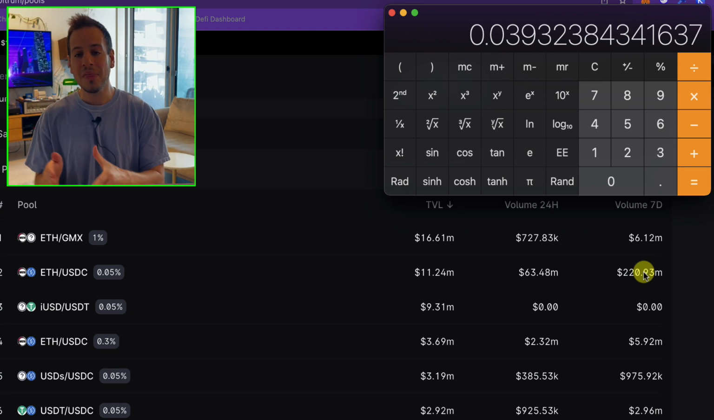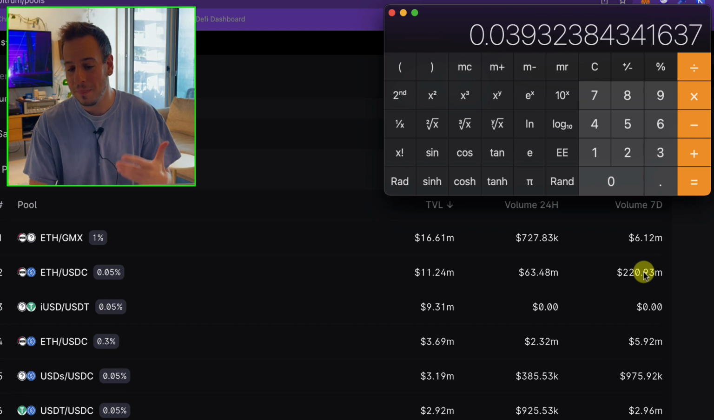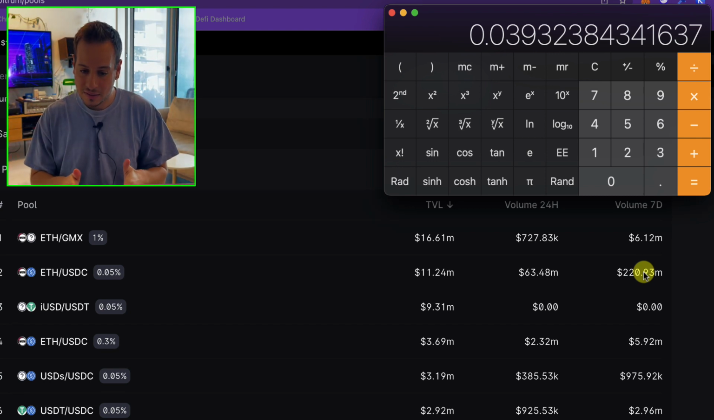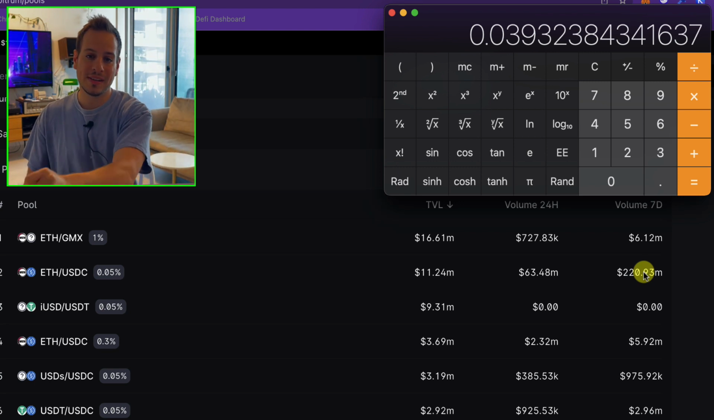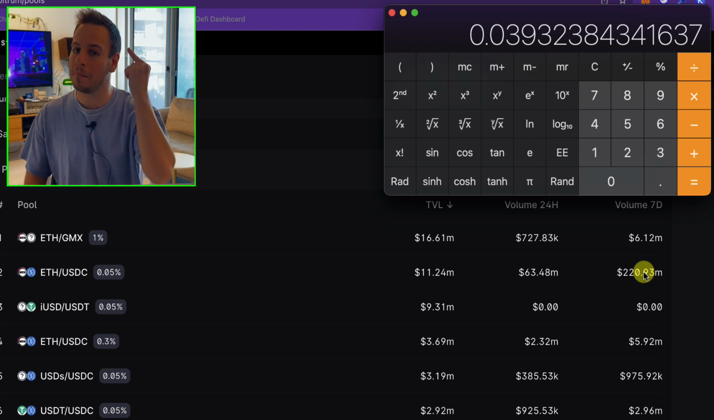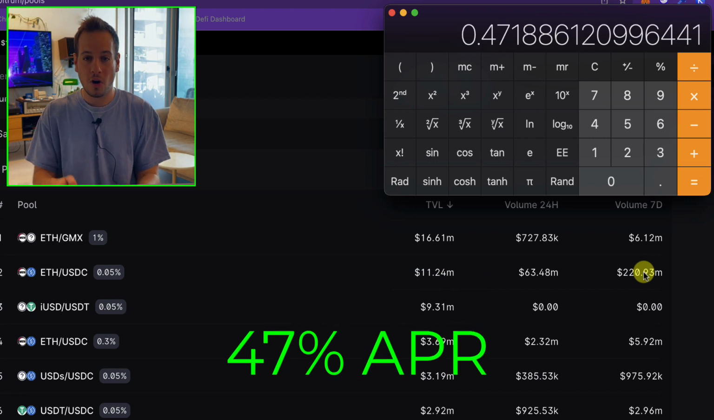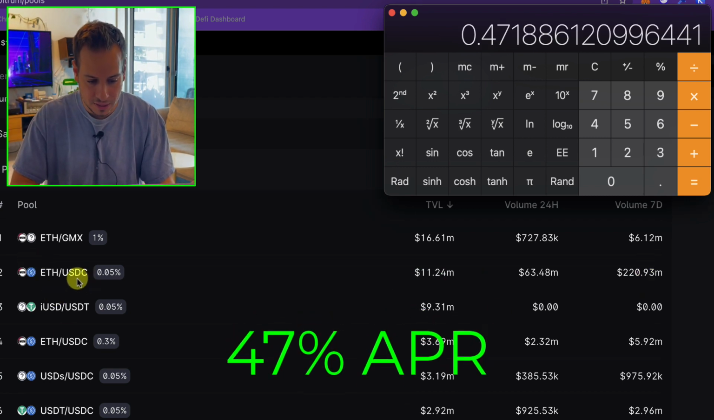You have monthly returns of around 3.9%. So if we take the data from the 7 days and the current TVL, if you provide liquidity for ETH USDC, you're gonna make 3.9%, almost 4% a month. This is insane, because if you multiply it by 12, this is almost 50% a year for ETH USDC, and